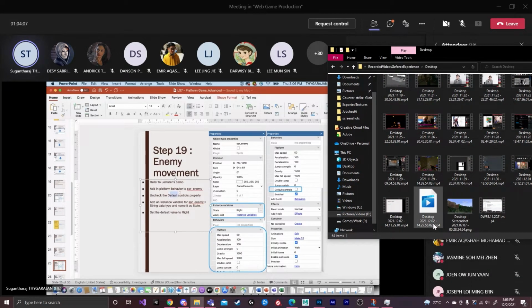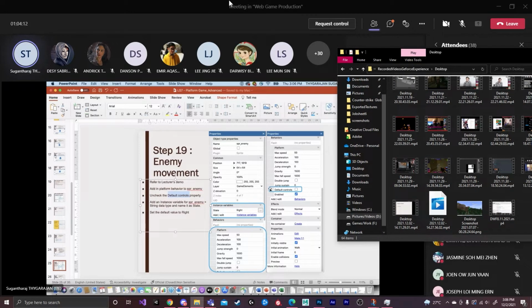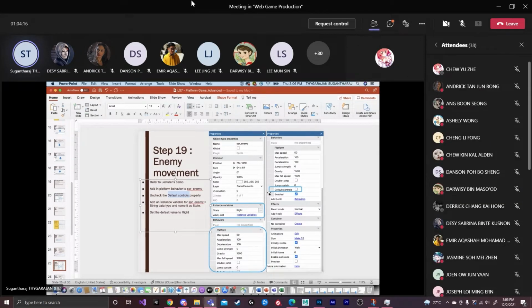So here you can see there is a default control. Default control means when I use the left arrow, right arrow, up arrow, the enemy can move also. I don't want that, because I'm using the keyboard to control my player, not my enemy.